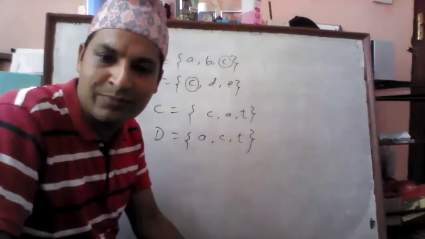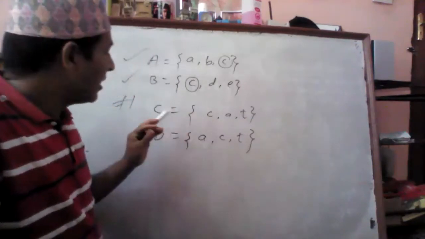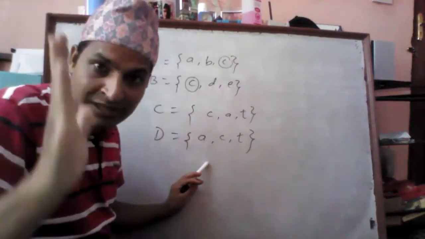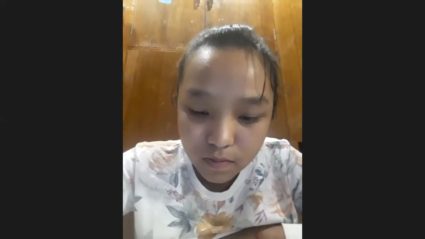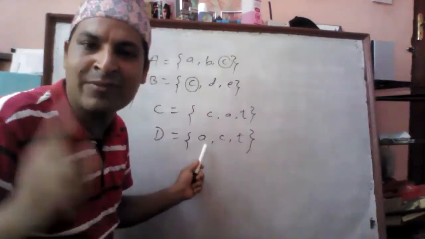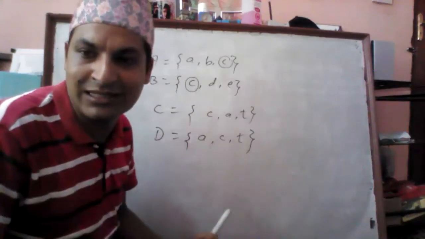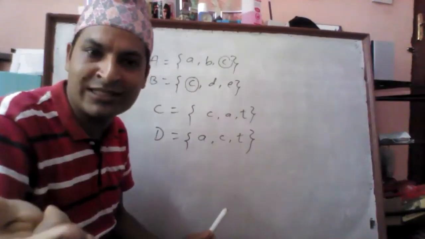Everybody try. There is at least one pair. Please, everybody, unmute and speak. Are they overlapping or disjoint? Again, speak, please. Overlapping. And what is the reason? Because there is at least one common element. They have common elements. Everybody speak again. What is the reason they are overlapping?